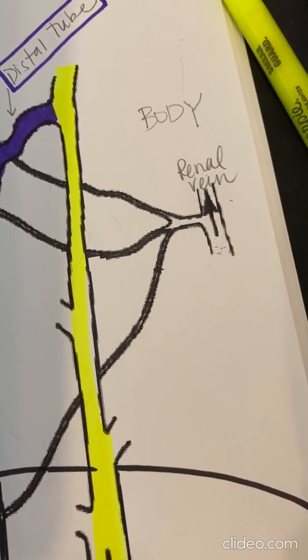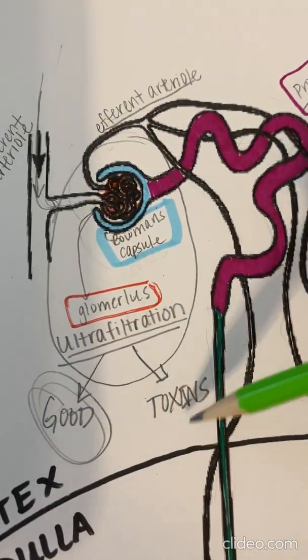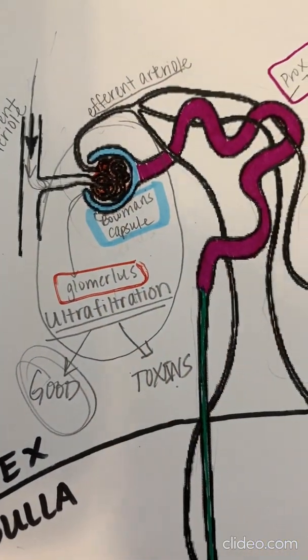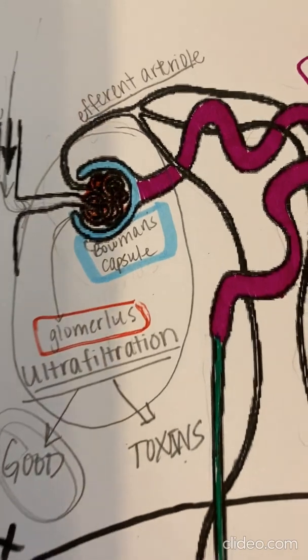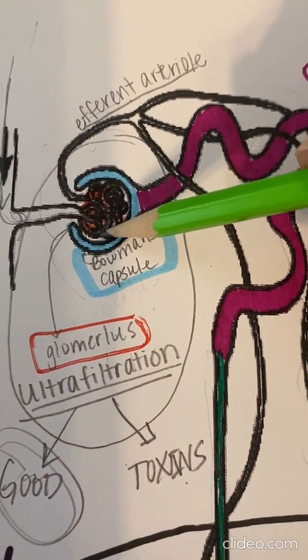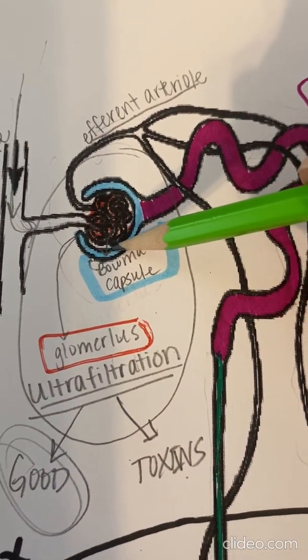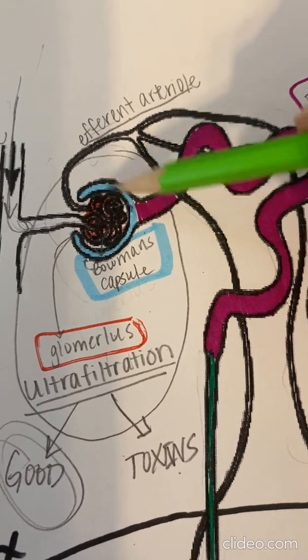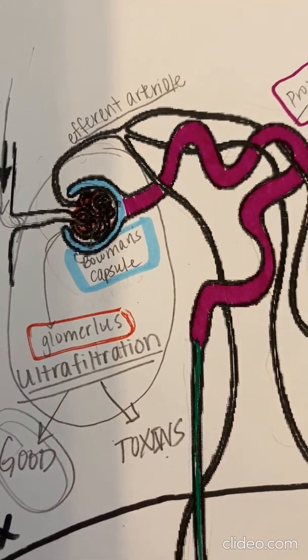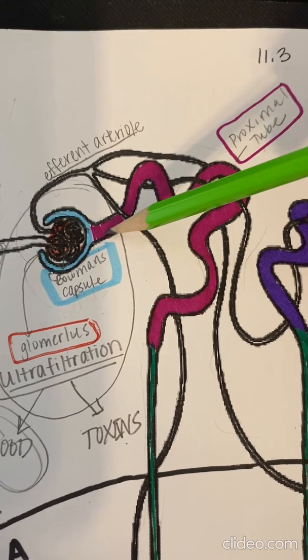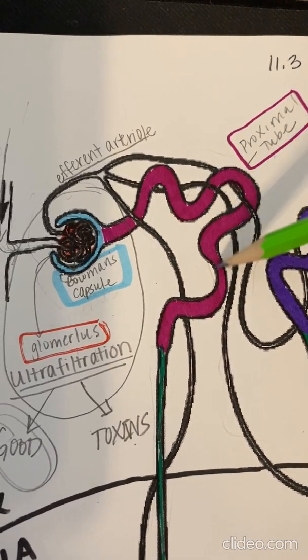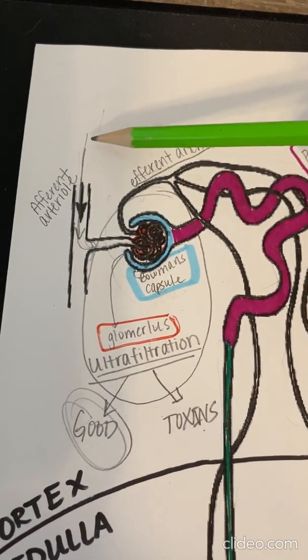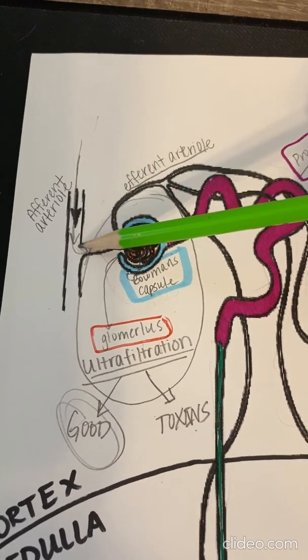So that's where the good stuff is going to go. The bad stuff, the toxins, the urea, water, things like that, are going to enter into the Bowman's capsule. So they're going to enter this blue section of the Bowman's capsule, and they're going to make their way into the proximal tube. So again, blood is going to come in, and it's going to come in all dirty and